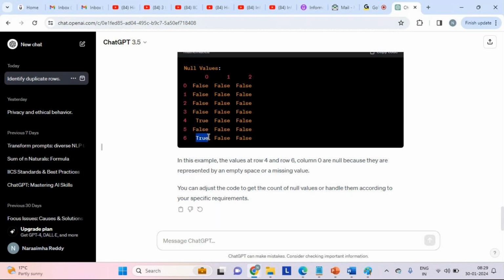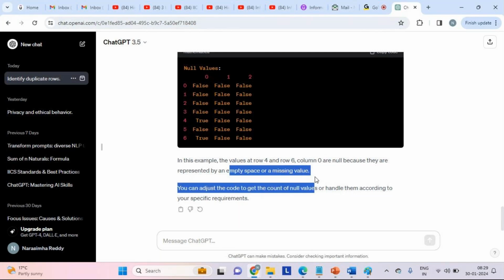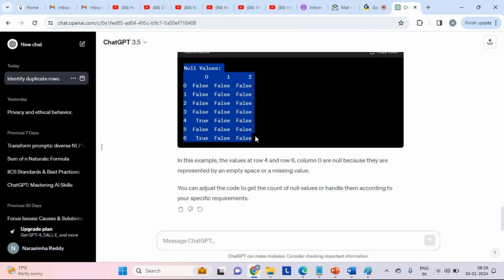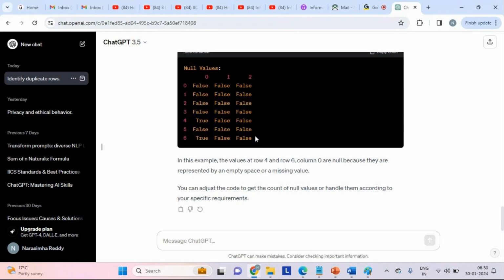True, right? See, the values 4 and 6 are all nulls because they're represented as empty space. Doesn't matter. See how easy this is to identify issues. One, we talked about duplicate issues. Second, we talked about null issues. Clear? So this way, we can identify the properties to carry out analysis.